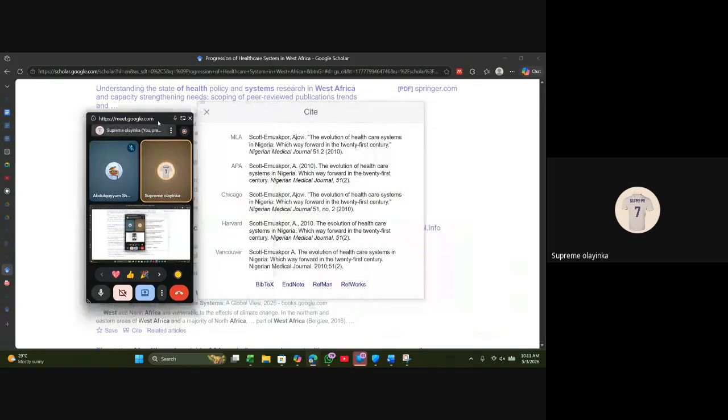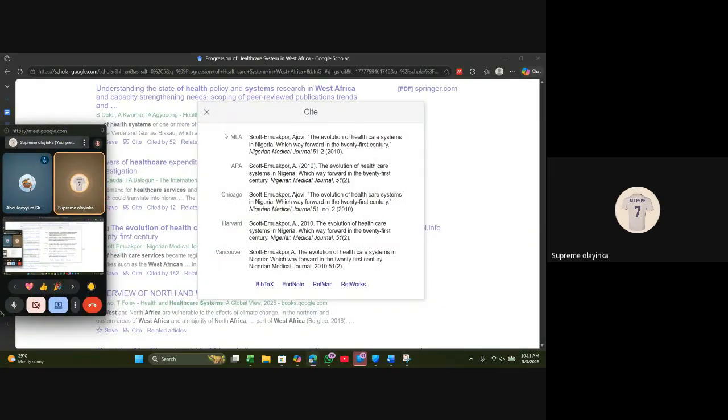So there are different referencing styles. Are we trying to use MLA? Are we trying to use APA, Chicago, Harvard? So what's the meaning of referencing style? Referencing style is more like saying, in this particular paper, this is the type of reference that you should use. For different journals, they would say it is approved in this journal. If you want to submit the paper to this journal, you must use MLA referencing style. If you want to submit your manuscript to this journal, you must use Chicago referencing style. So in this case,